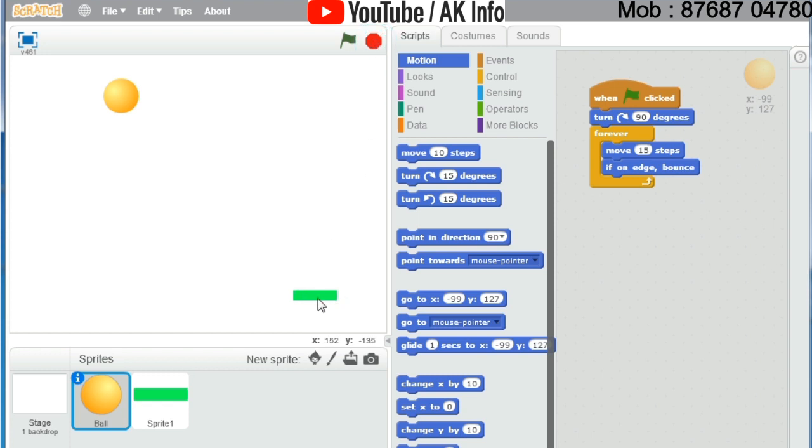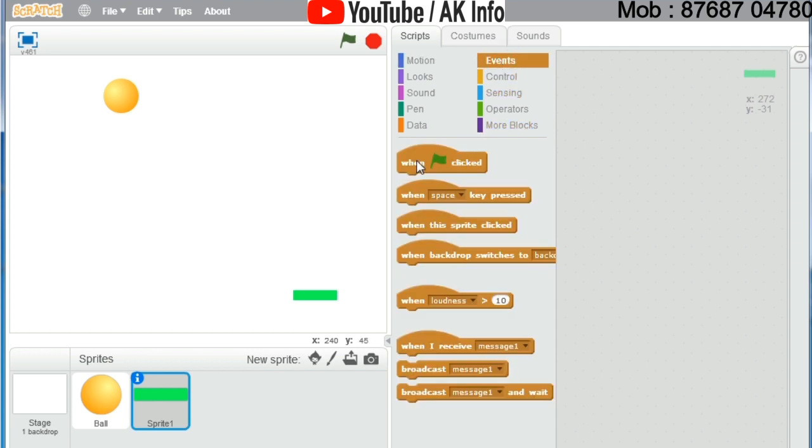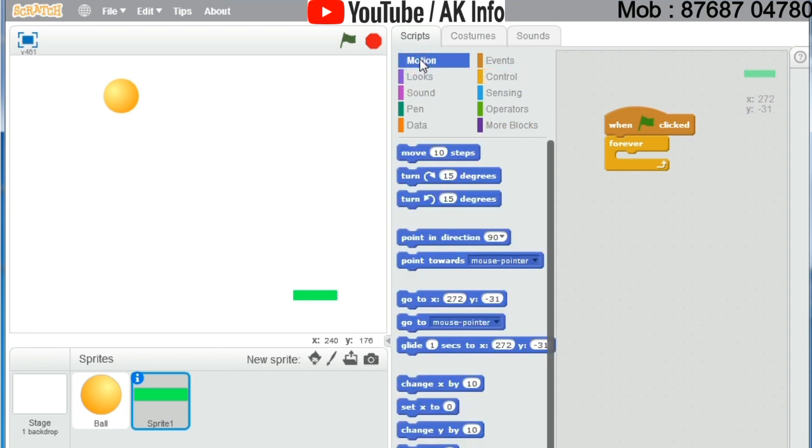Now coding should be on sprite 1. At first click on sprite 1. Go to events block and select when clicked. After that, go to control block and select forever. Then again go to motion block and select go to mouse pointer.